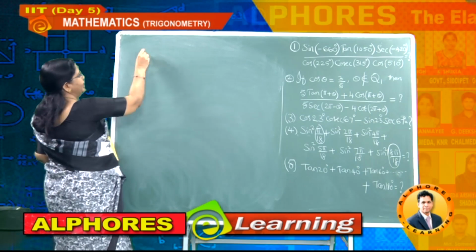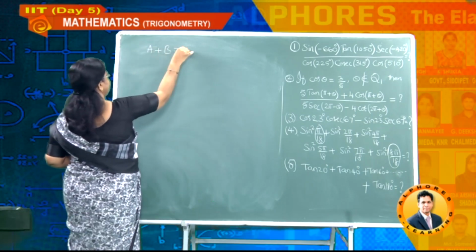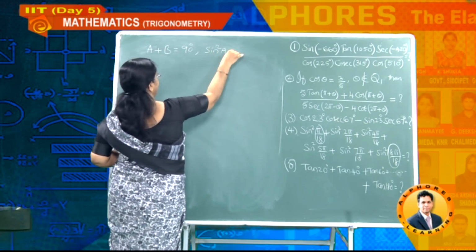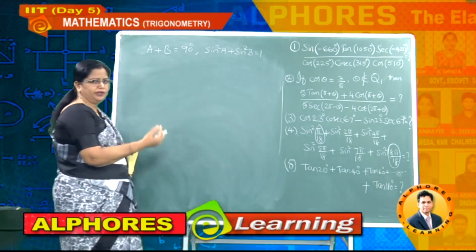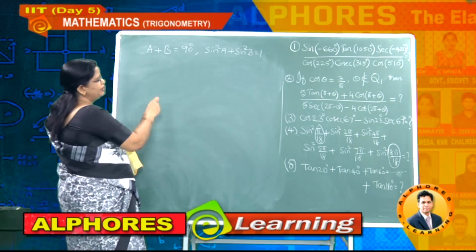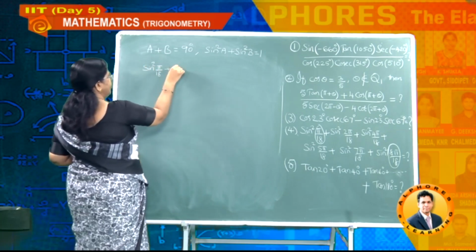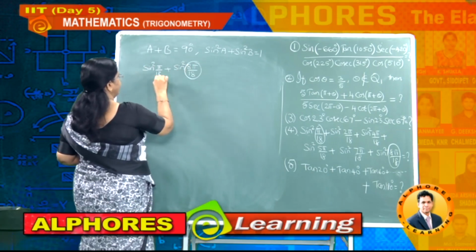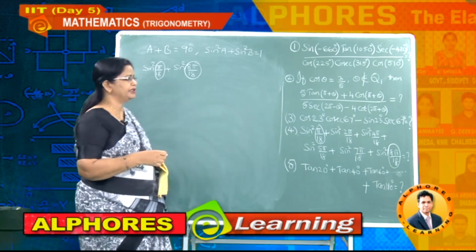In the previous session we observed, when A plus B equal to 90 degrees, then what is the answer here? Sin square A plus sin square B equal to 1. So making use of this relation you can solve this problem in just one step. And the first and last combination, that is sin square pi by 18 plus how much is it? Sin square 8 pi by 18. Now this angle plus this angle is nothing but how much? 90 degrees, pi by 2.